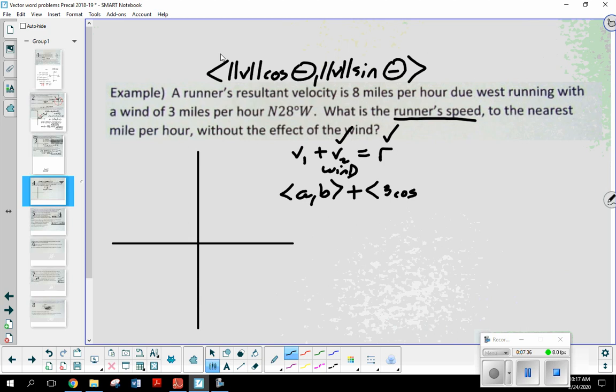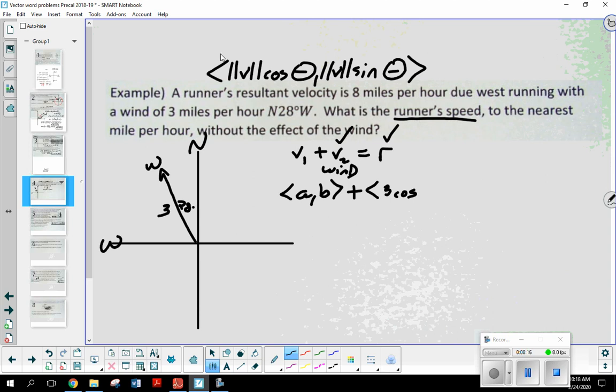That's okay. Okay. So what am I going to put in for my angle theta here? Remember, my measurement given to me is north 28 degrees west. Now Noe says 28, but we're not quite right. Let's think about this. What quadrant would north 28 degrees west put me in? That's in the second one, because here's north, here's west. Now remember, quadrant bearing, the angle is always created between your vector and the y-axis. So I would be looking at something like this. Let's say this is the wind vector. Its magnitude is 3 miles per hour. So the 28 degrees would be this little angle right here.